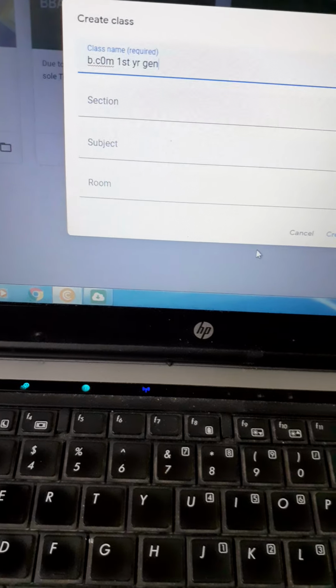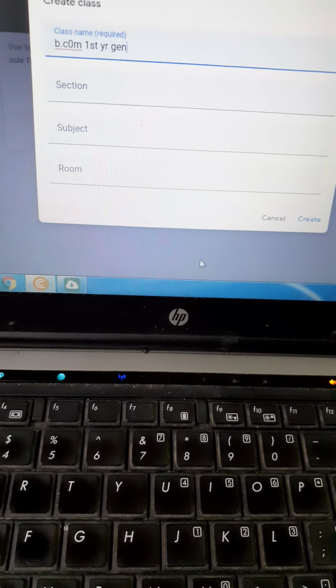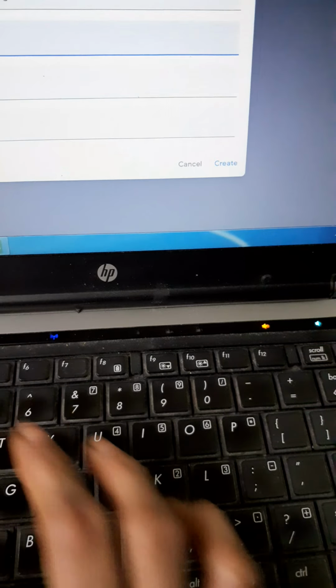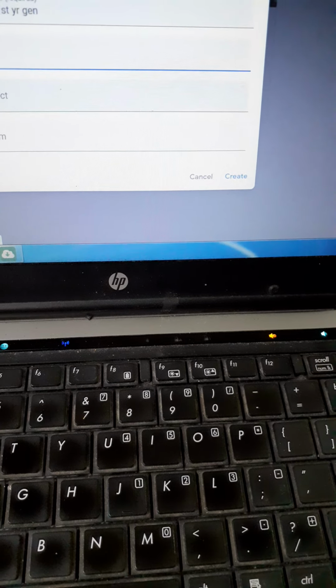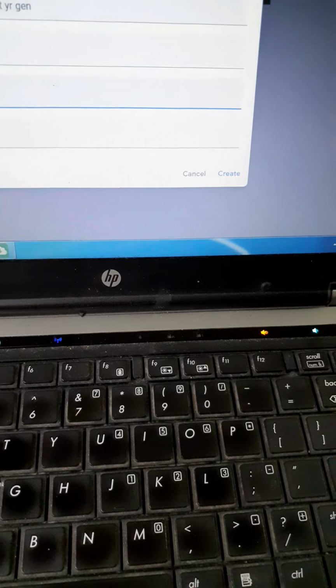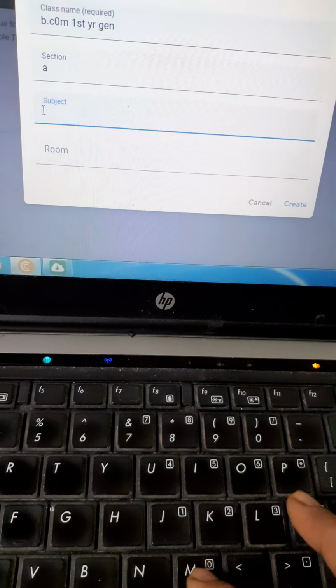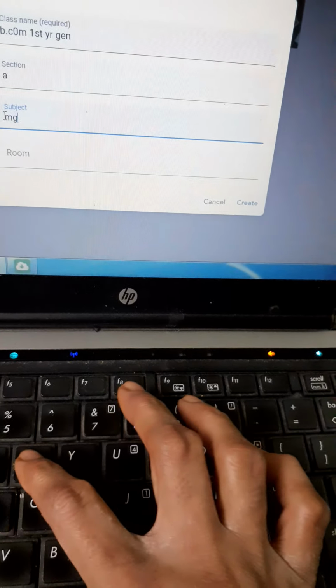Give something as your class name, and give the section here, A section or B section. Okay, and for subject, give what subject you are going to teach here. For example, management, MGT.